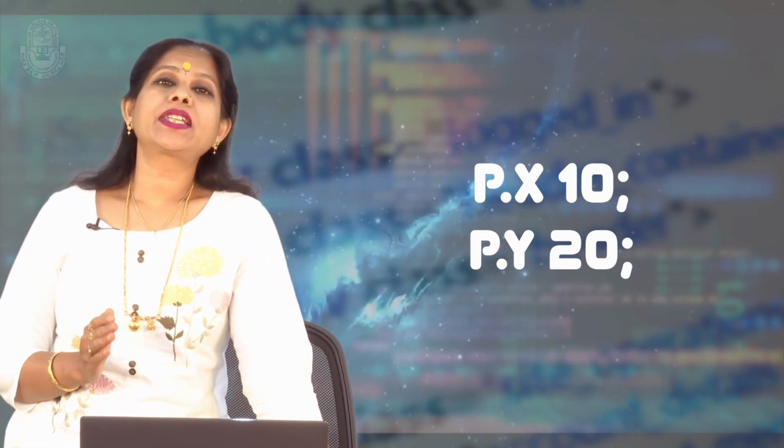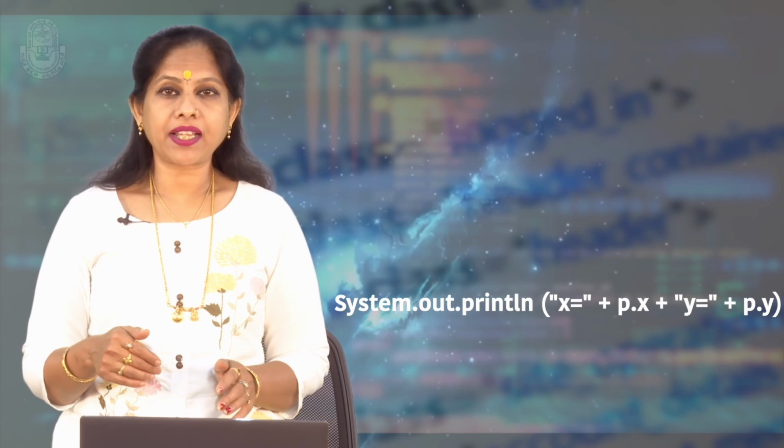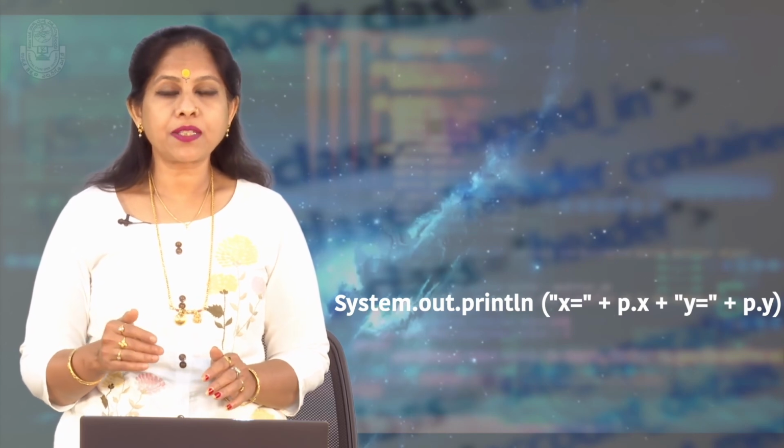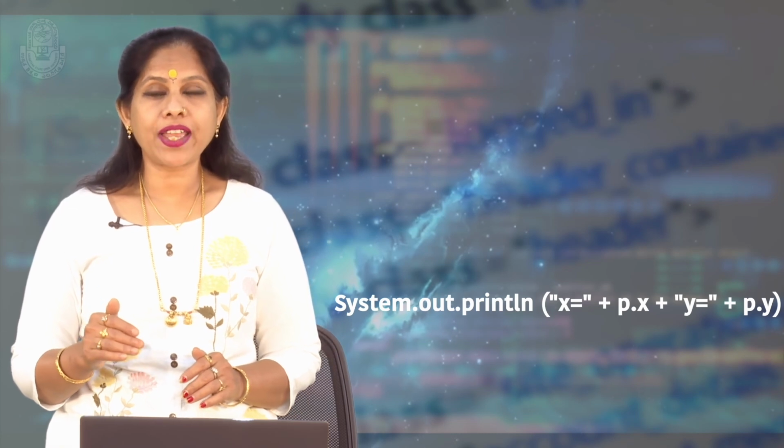We can store values into instance variables using the dot operator as shown below. p.x = 10; p.y = 20; We can refer to values of instance variables using the dot operator as given below. System.out.println("x = " + p.x + " y = " + p.y);